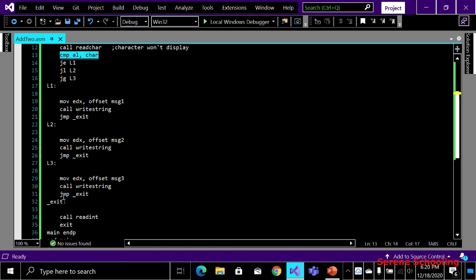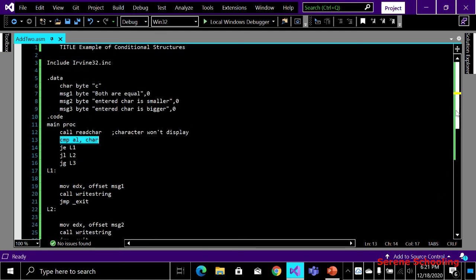And then at the last I'm using this JMP, which means jump instruction. This is also a jump instruction, but an unconditional jump. These others are conditions, like you have to jump only if equal, only if less, only if greater. But in this case we have no condition, just simply jump. We are forcing our assembler to jump without checking any conditional structures, right? Then I'm saying it to jump to the exit, that is this particular label. Inside the label I'm just calling exit, exiting from the code.